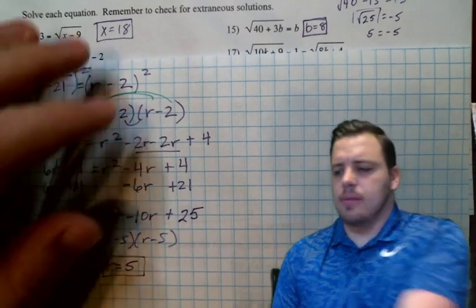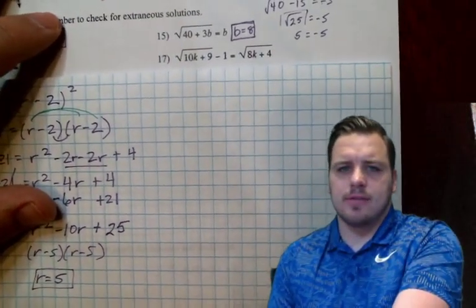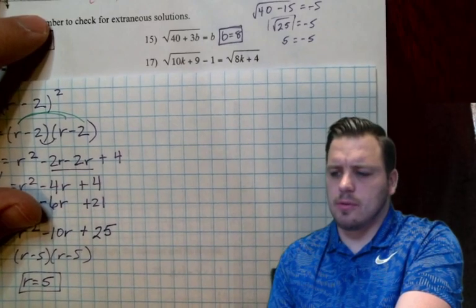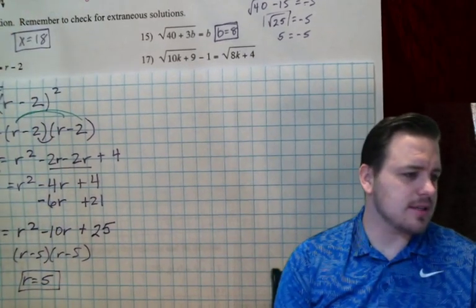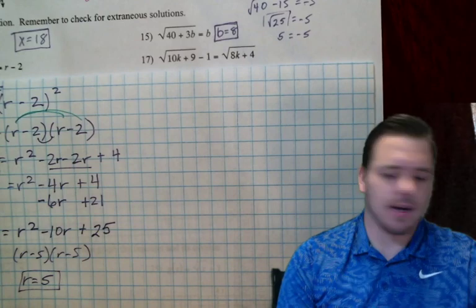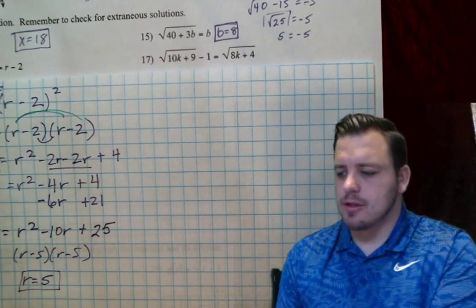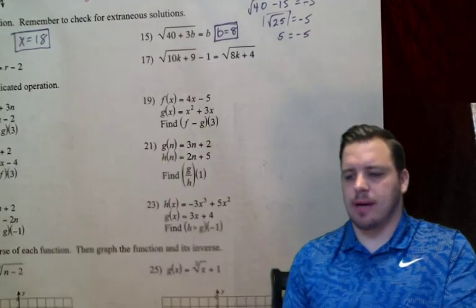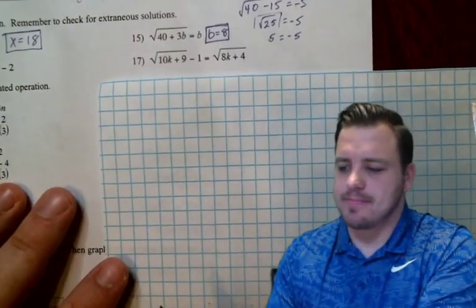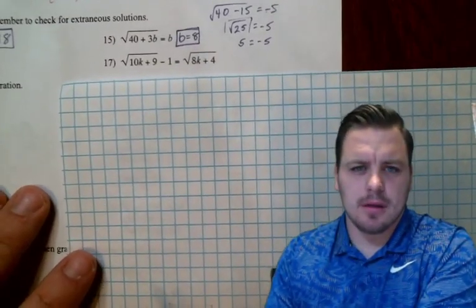All right, look at number 17. So look at number 17 over here. When we're looking at this, those are the nasty problems, right? So I'm actually going to go on a new sheet of paper over here. All right. So